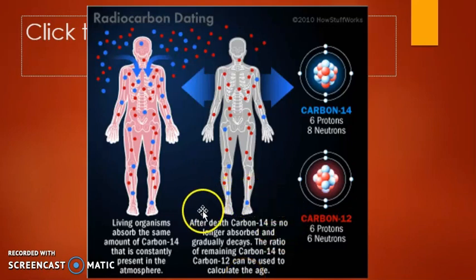So again, this is talking about things that are over 6,000 years old. Anything that is less than 6,000 years old would have to be dated a different way. Carbon dating is just for things